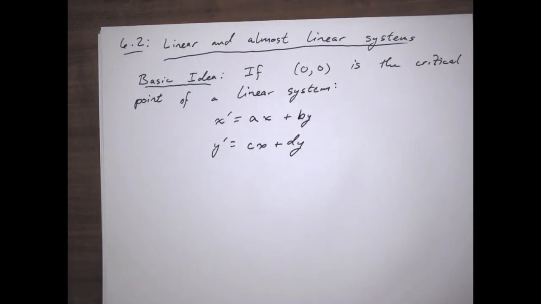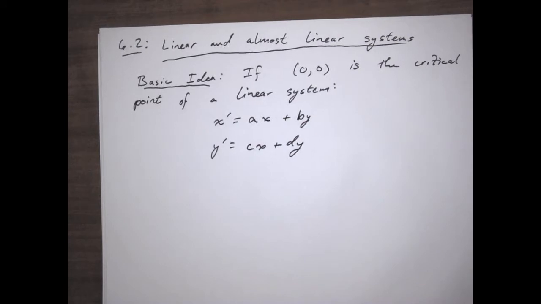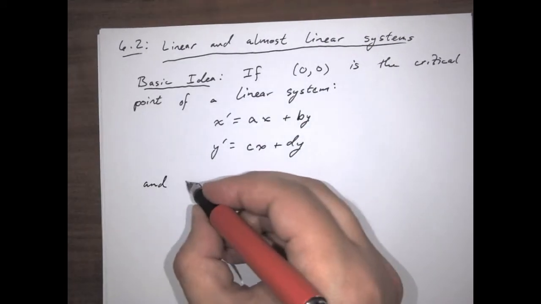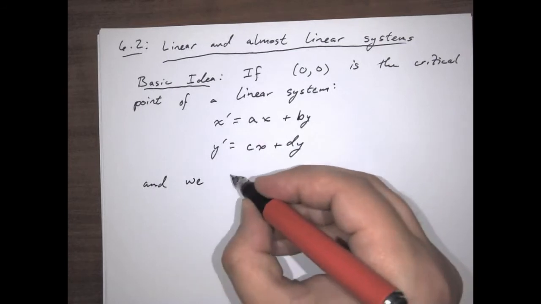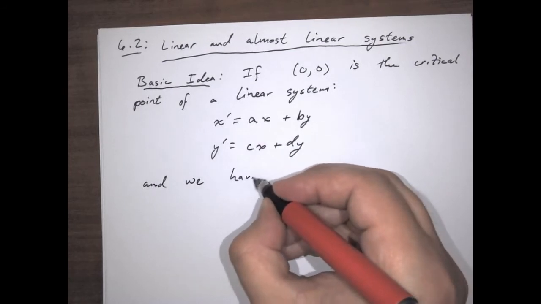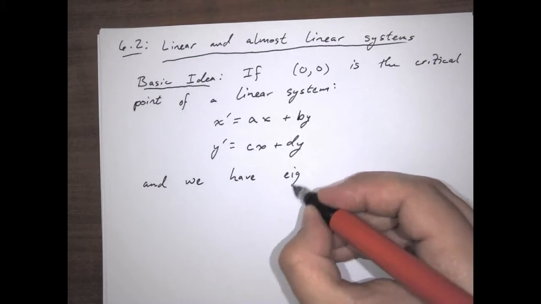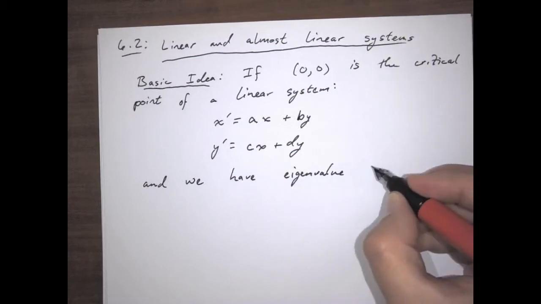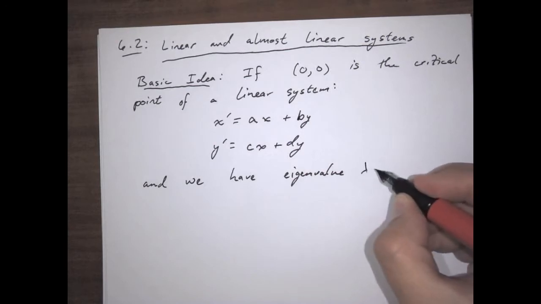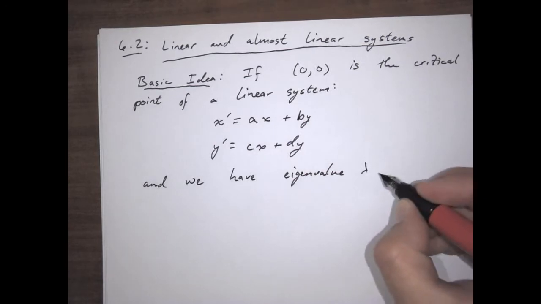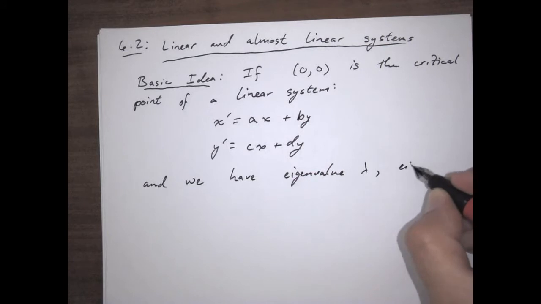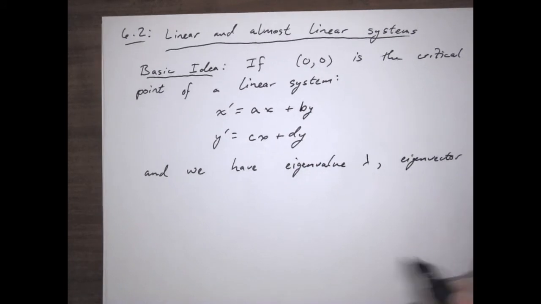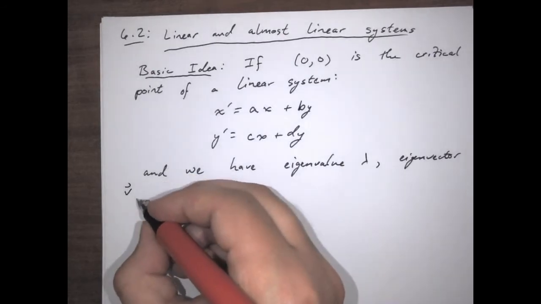So if (0, 0) is the critical point of a linear system such as this, and we have eigenvalue lambda, eigenvector v,